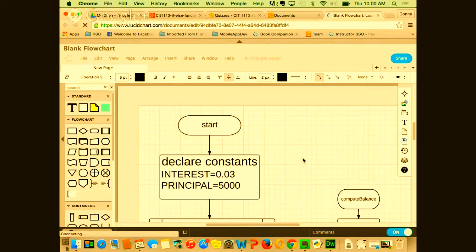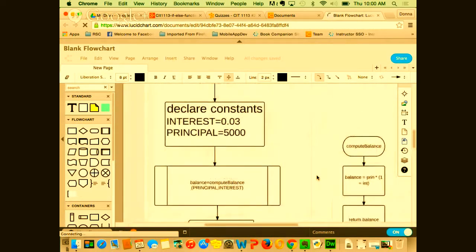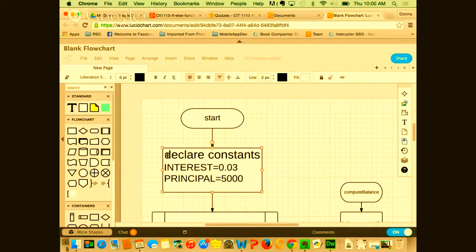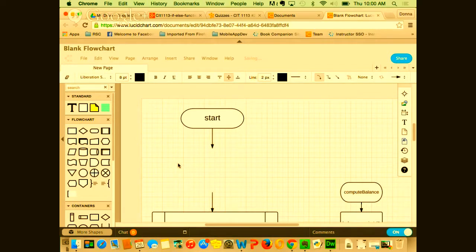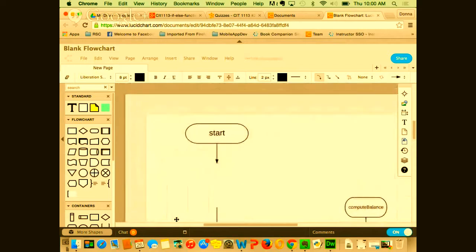Okay, this is one that I did and didn't save. This one we did in class before. Okay, do we have any constants for this one? This problem? I don't think so. So I'm just modifying this, so let me pull this off. Ignore that over to the right because we're not going to have a function first. But I'm going to leave it there so when we modify it. Okay, so we're going to start. First thing we need is what kind of shape?